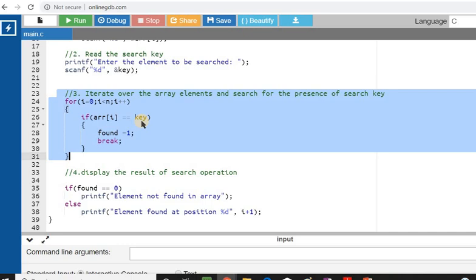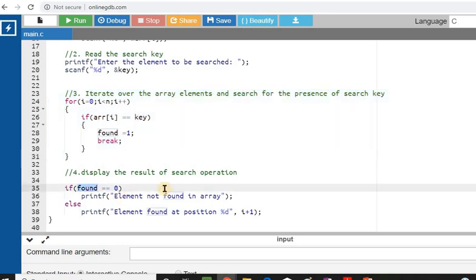And if there is a match, then you set the value of a flag called found to 1. And then based on the value of this flag, you decide whether the element is found or not found in the array. Let us go ahead and execute this program.